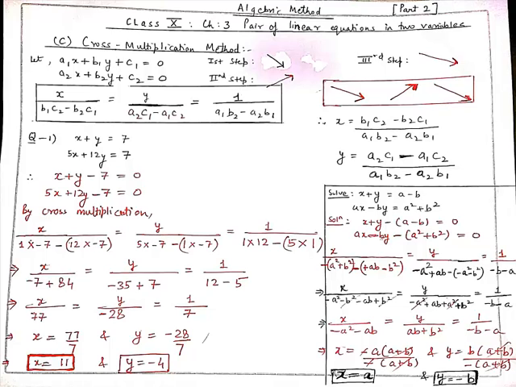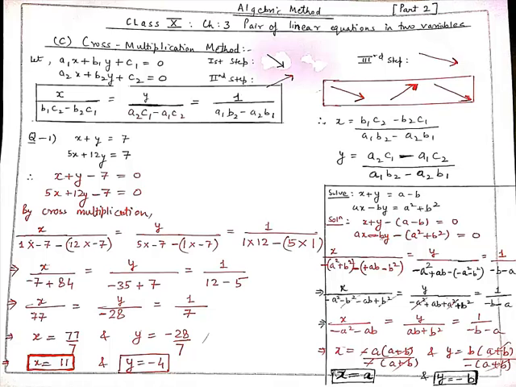On solving it, minus b square plus b square will cancel out, and we get x upon minus a square minus ab, which is equal to y upon ab plus b square, which is equal to 1 upon minus b minus a. So when we equate x upon minus a square minus ab equal to 1 upon minus b minus a, we will cross multiply. When we take a common from the numerator we get a plus b in the bracket, and in the denominator when we take negative as common, again we get a plus b. So a plus b will cancel out and we get x equal to a.